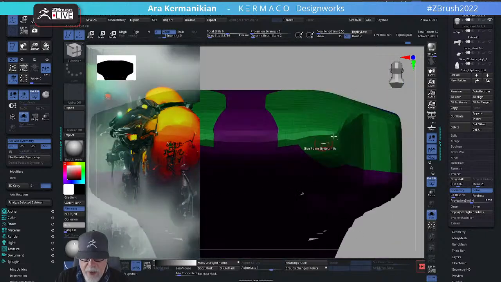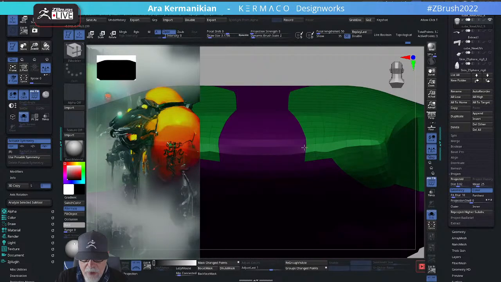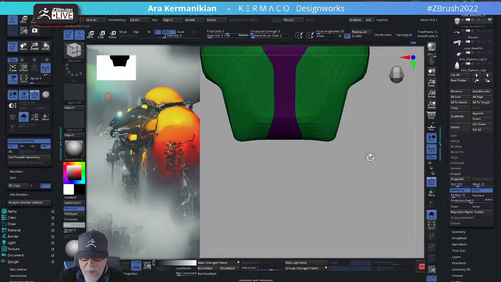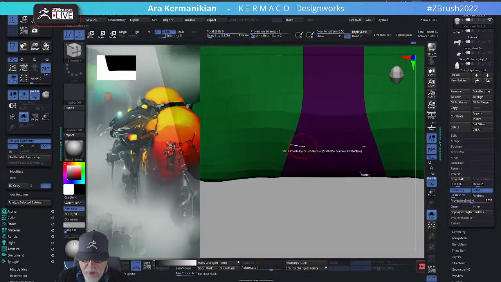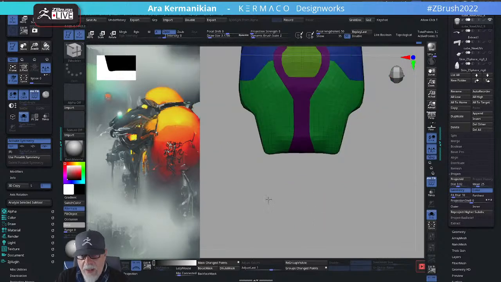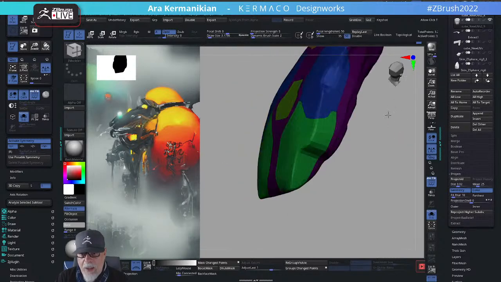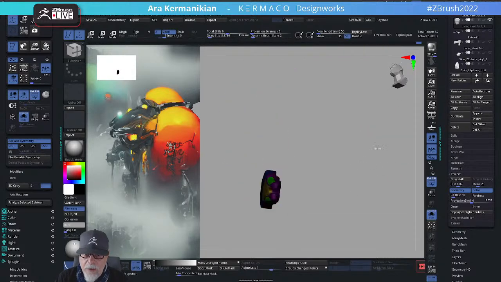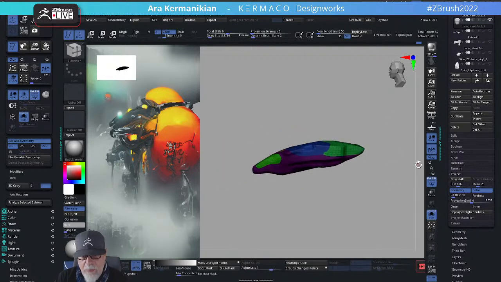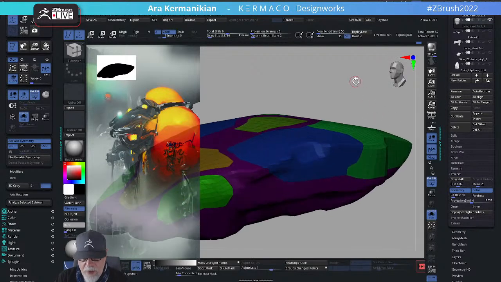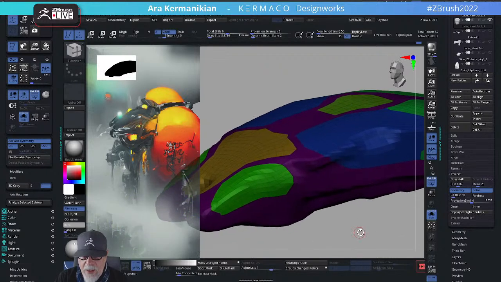I wish there was a fast way to do nothing on everything except what you're on. So right now I'm moving points. It would be cool if there was a hotkey or something that would set edges and faces to do nothing. And that's one of the things: if they add that in ZBrush, would that be worth paying a little bit of money for? Absolutely. And honestly, here's another very honest take on things: